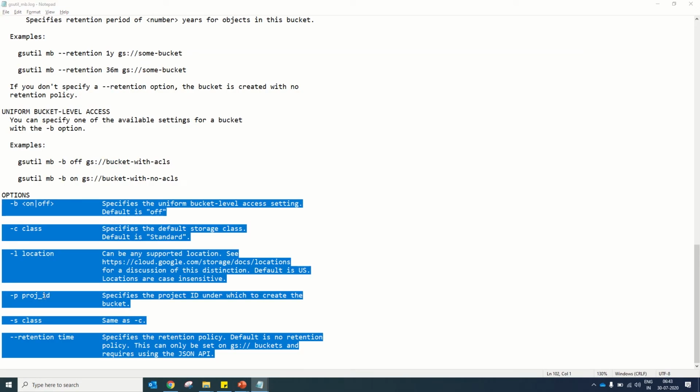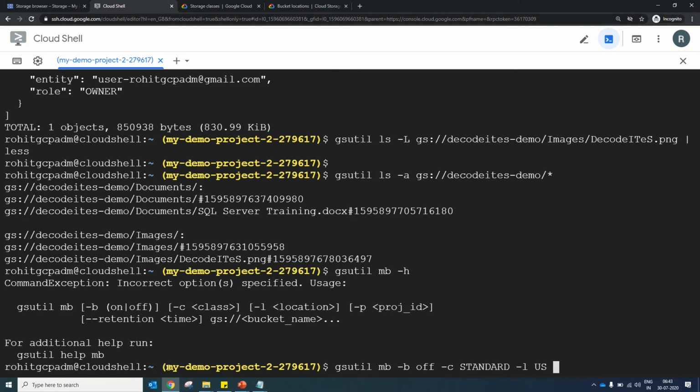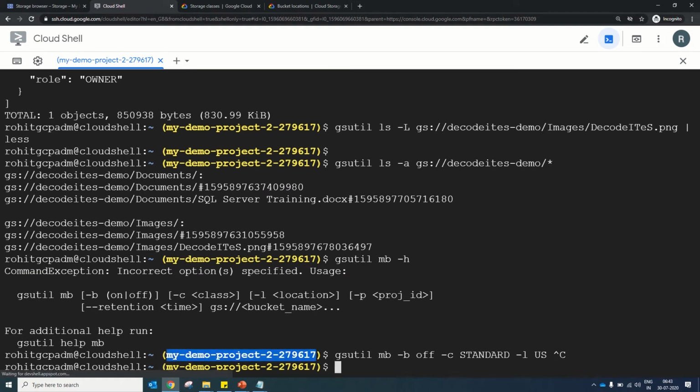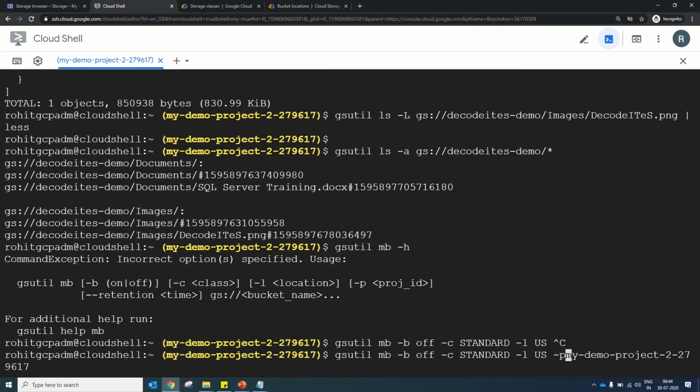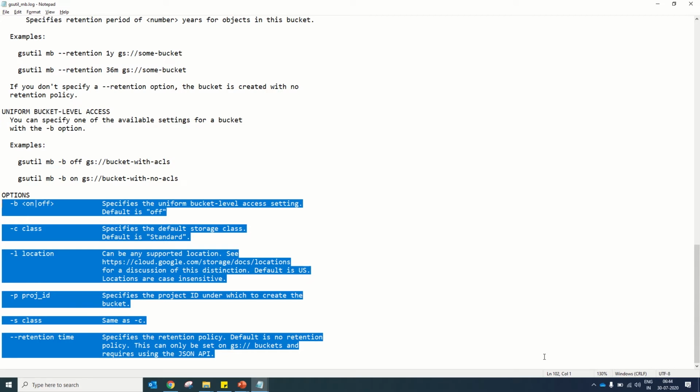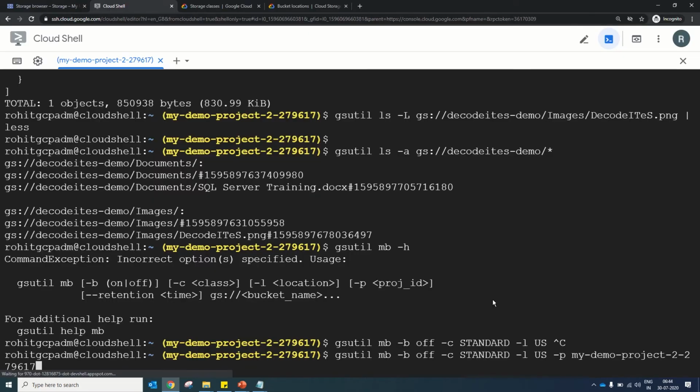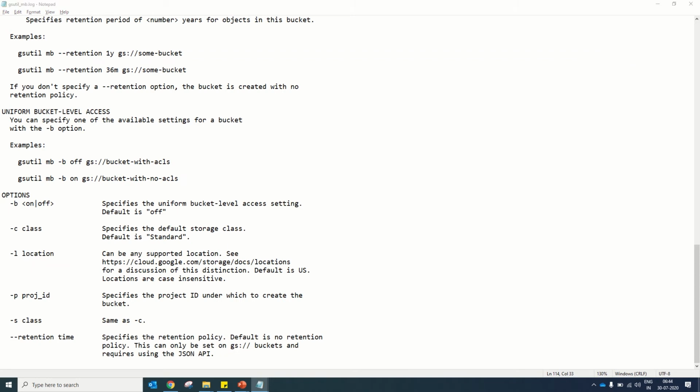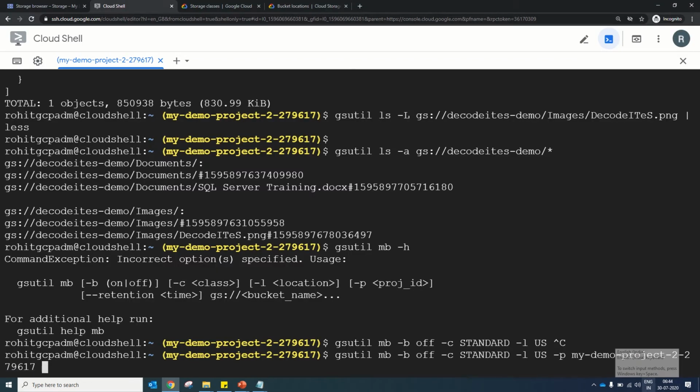Now we need to pass the project ID. If you don't pass the project ID, it will use the current project ID running in the session. So this is our project ID. Now the next option is retention, which we can leave on default. Now we need to pass the bucket name. We have not passed the bucket name yet. So the bucket name will be